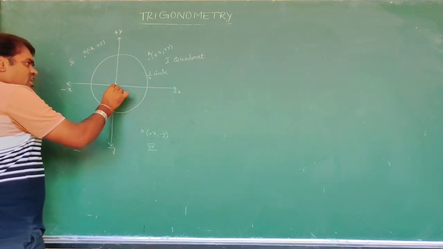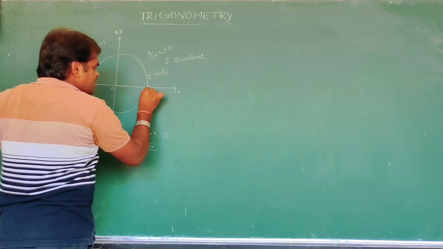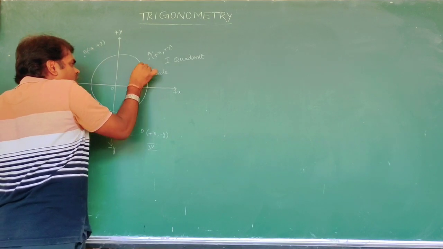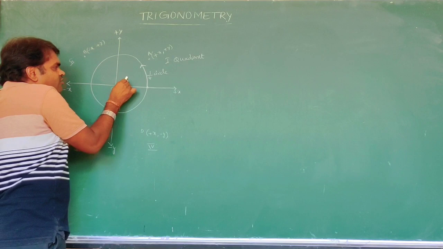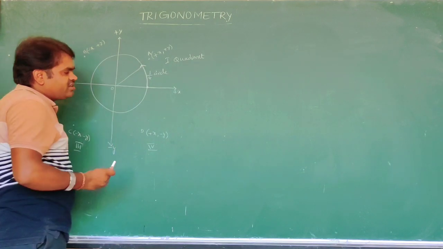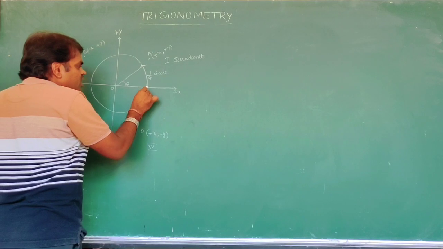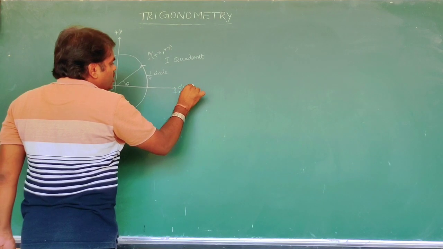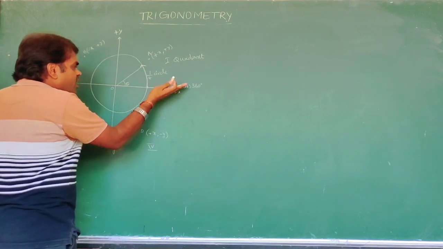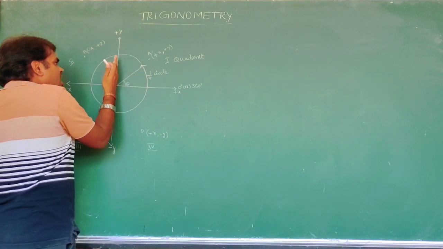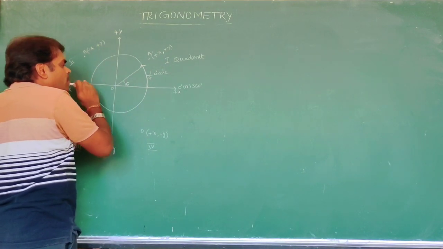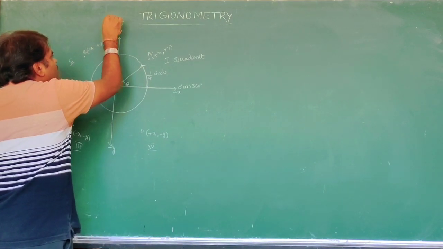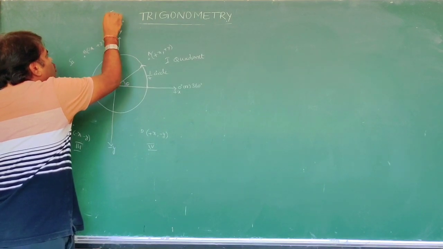In the first, we are taking the positive x-axis as the reference axis. The body is moving in the anti-clockwise direction. That's why the angle increases in the anti-clockwise direction. That is theta. From here we consider 0 degree, or it is 360 degree. Then it is moving to here. The positive y-axis is perpendicular to the positive x-axis. Perpendicular means this is 90 degree, which we denote as pi by 2 radian.